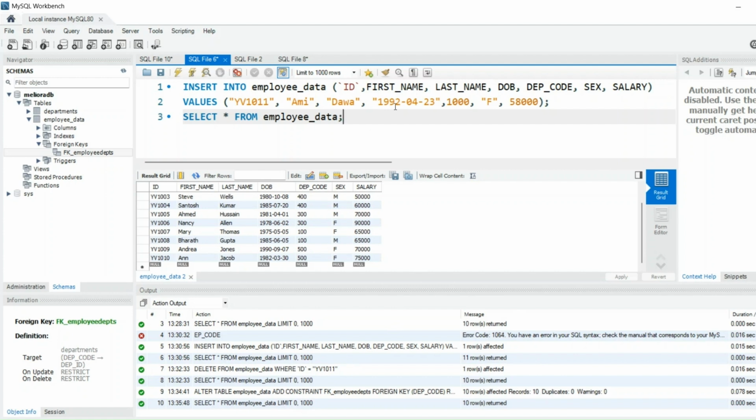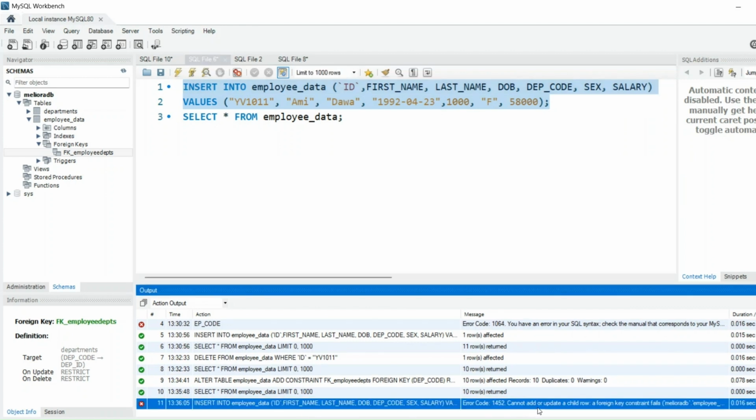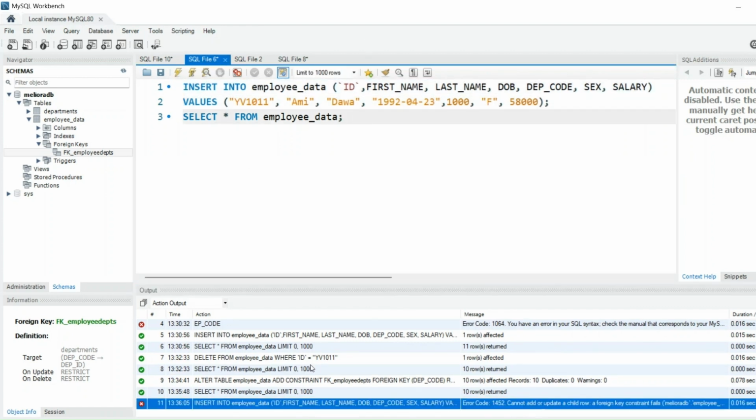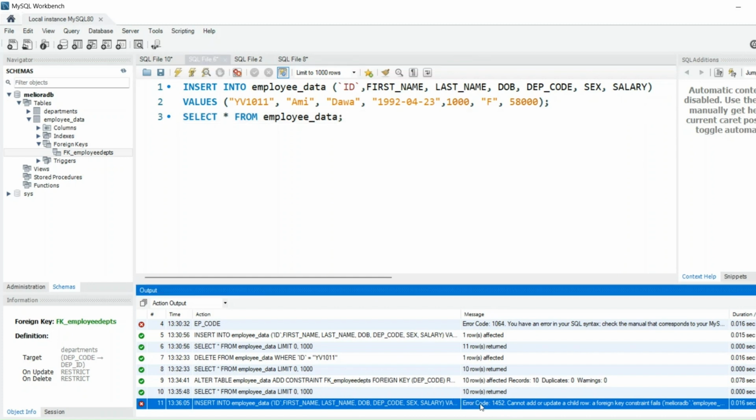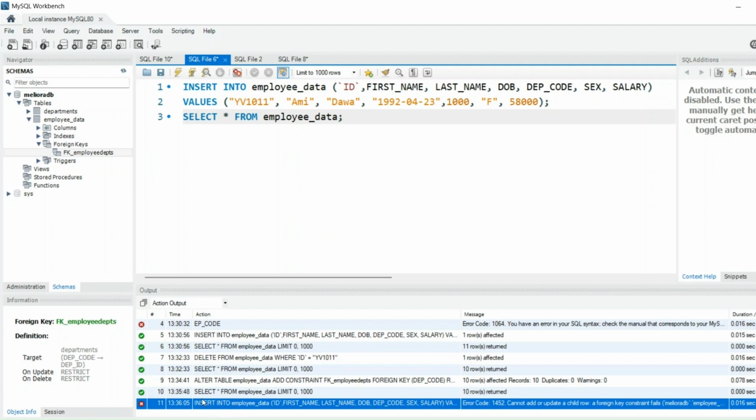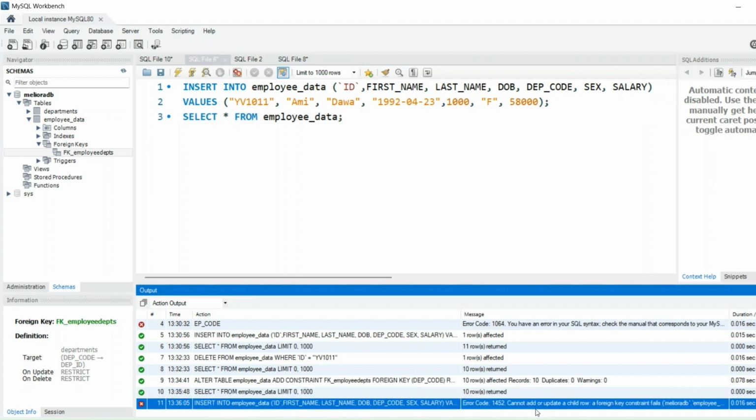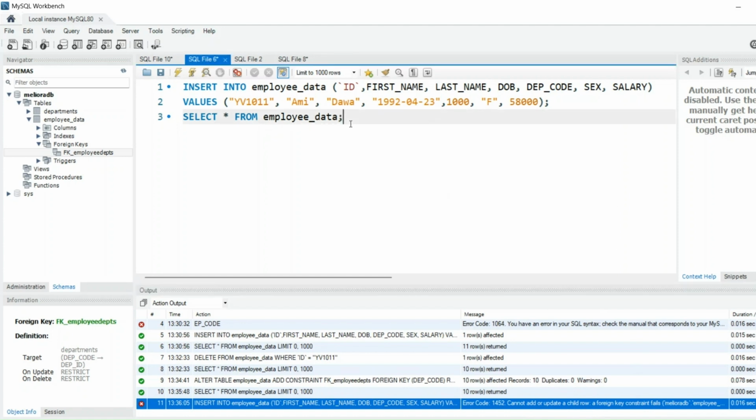That didn't run. Let's highlight it, and you can see it failed. The first time we did it, it just returned that it didn't even run this. And now when we highlight it and force that to run, you can see that we are getting an error. Cannot add or update a child row. Foreign key constraint fails. Okay, so that's the error we're getting. Why? Because this value does not exist